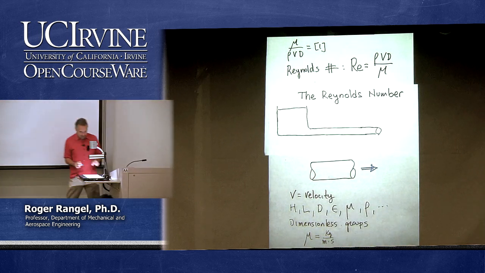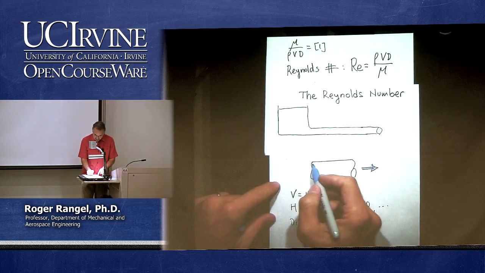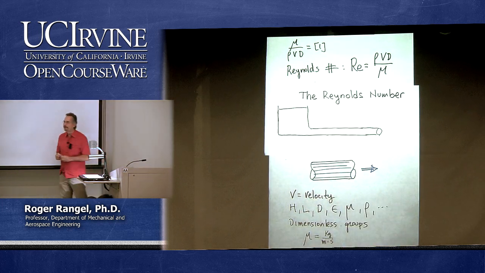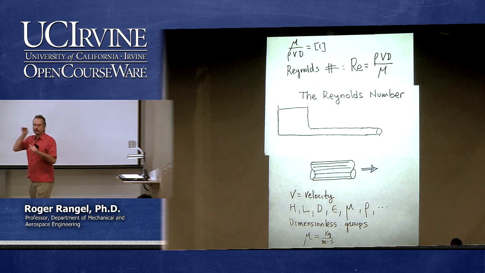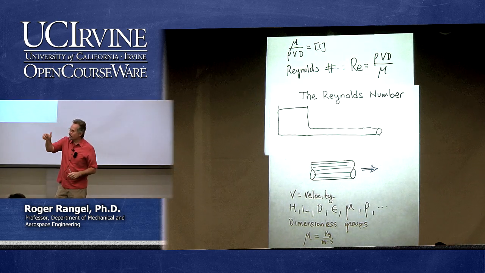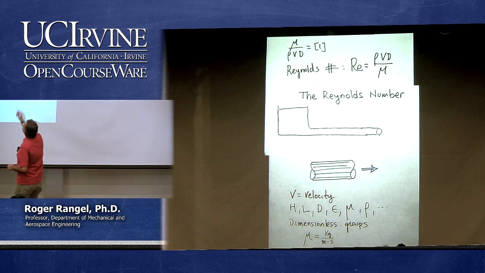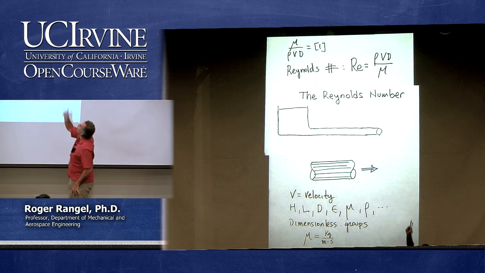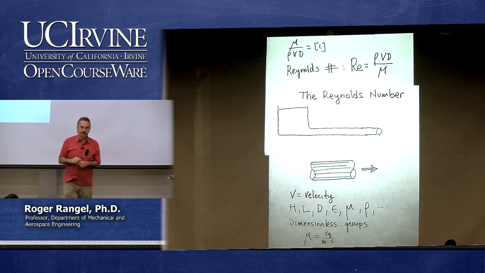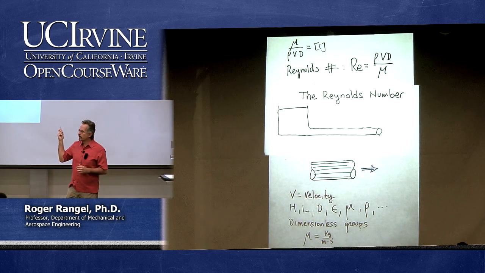Horizontal lines. Right? Nice and simple horizontal lines, because the fluid is just moving in layers. And then I increase the Reynolds number a little bit. If you look at the Reynolds number, an easier way to do it would be by changing the velocity. And how could I change the velocity?